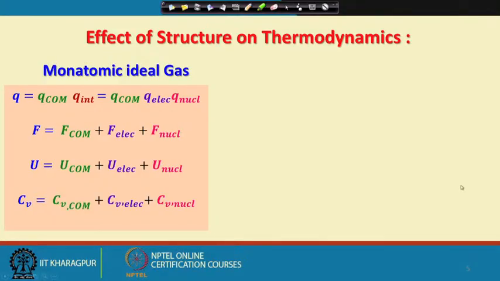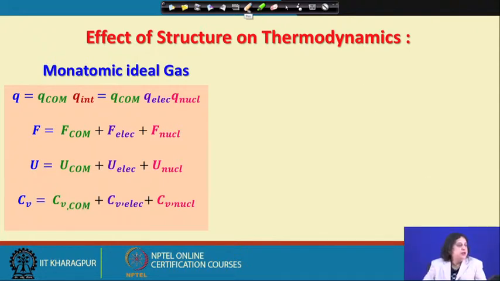We have seen that in the case of a monatomic ideal gas, simply because we can partition the overall single particle canonical partition function into the contribution from the center of mass, that is structureless, and the internal structure, all the thermodynamic properties that we could derive had explicit contributions arising from these three factors, which added together to give us the net thermodynamic property. Now, if we look at what happens in the case of the diatomic ideal gases, what we find is